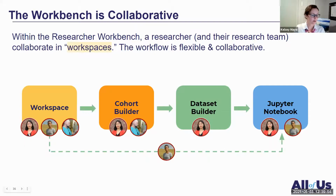For instance, I might be a principal investigator and have a clinician scientist and a data scientist on my team that are all working together on a specific project. And different members of my team might choose to use different tools. The data scientist might be very comfortable going to this Jupyter Notebook analysis tool. My clinician expert, however, might be the person who's really actively doing phenotyping and building cohorts of participants for this